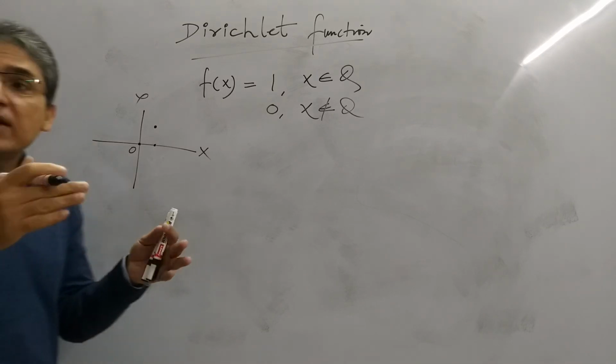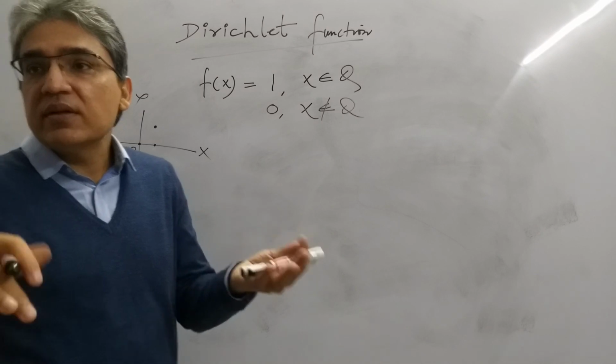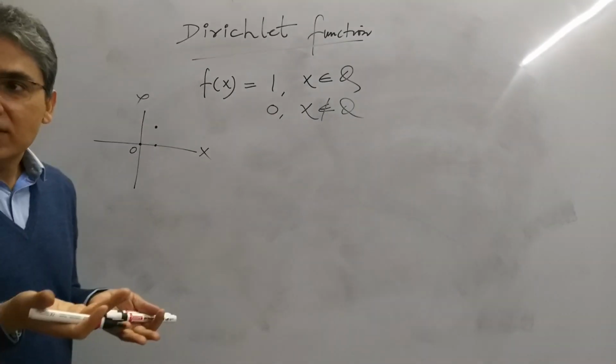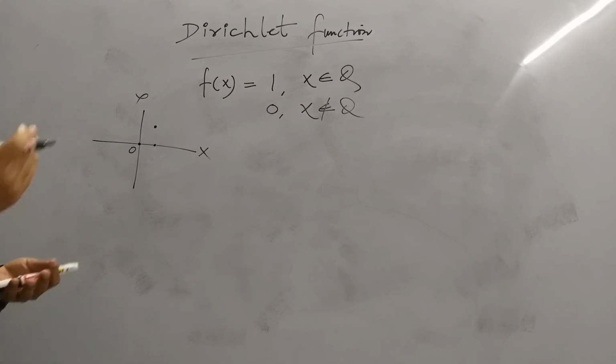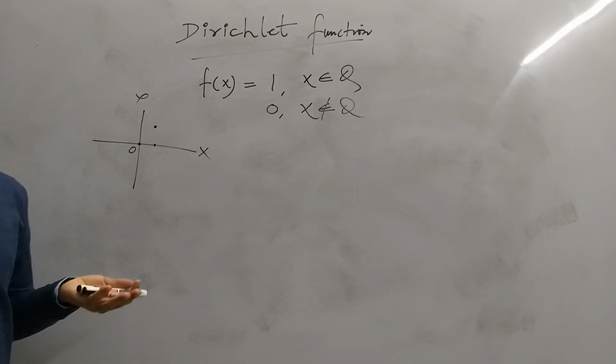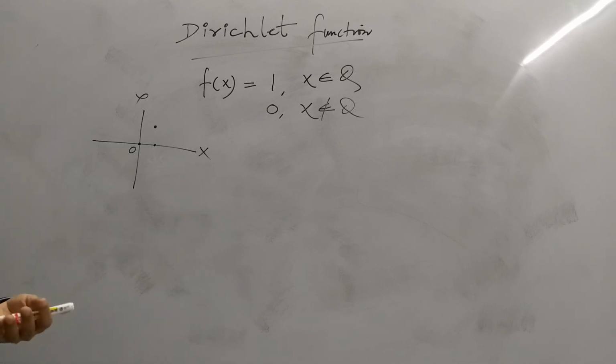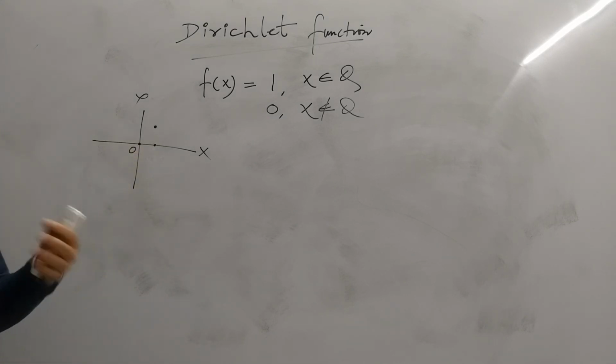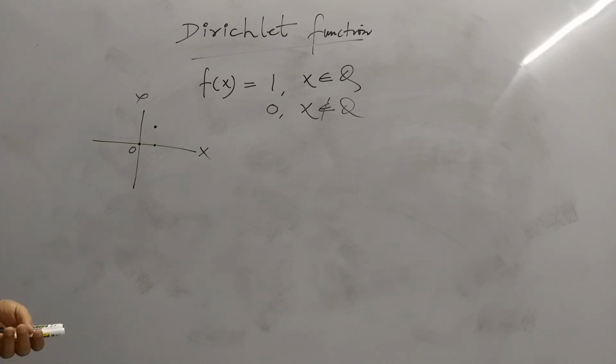Then at its side it's again rational, irrational, rational, irrational, so 1, 0, 1, 0, 1, 0, so this keeps on fluctuating, right? So this is a very interesting function. This keeps on fluctuating between 0 and 1, and it's just your desire how fast you want it to fluctuate. It will fluctuate because you can always locate rational and irrational numbers side by side. Okay, so by your intuition you must have realized that